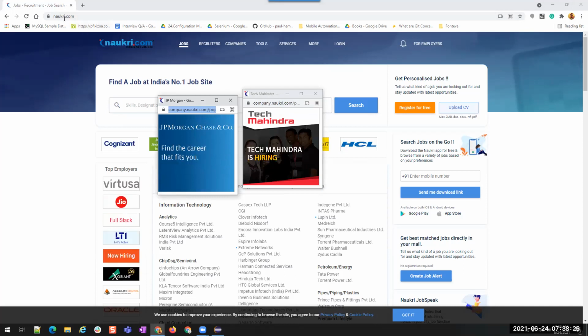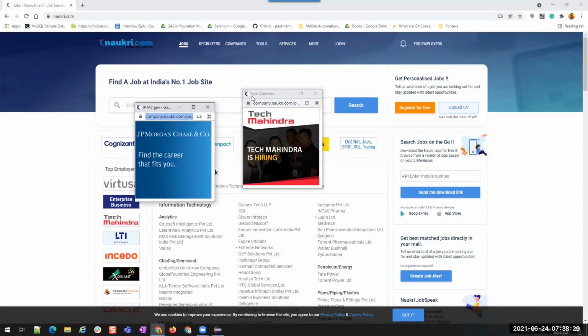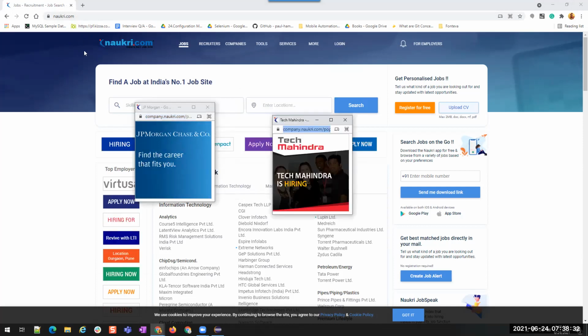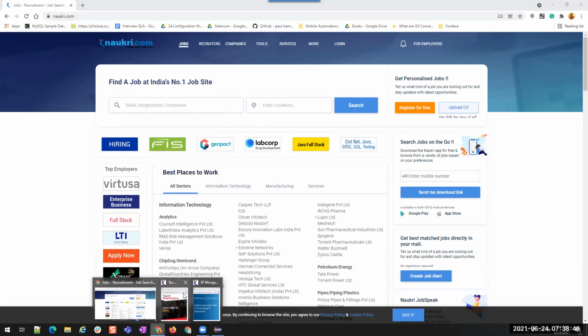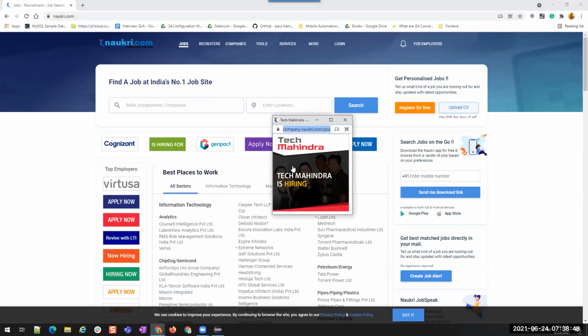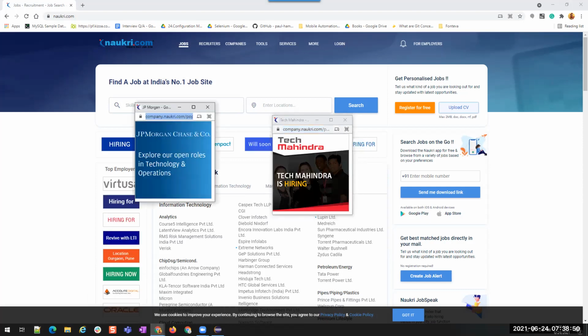Now here also we have to move from this if you want to work. Though these small windows are opened by Naukri, we have to move to these windows to perform any of the operations. Okay, so we have separate things which help us to switch from this browser, from this HTML content to this HTML content. Okay, now let us see those things.